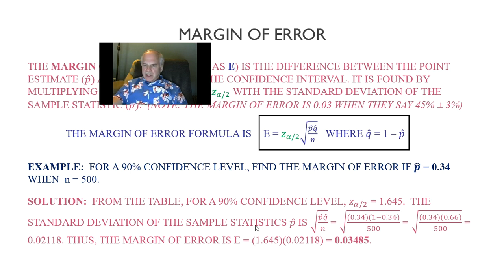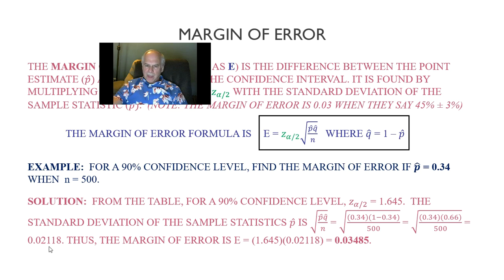Now the standard deviation of the sample statistic, in other words your standard error, is square root of p hat q hat over n. And p hat was 0.34 in this example, and 1 minus 0.34 would be 0.66. So square root of 0.34 times 0.66 over 500. That is the calculation, so you get